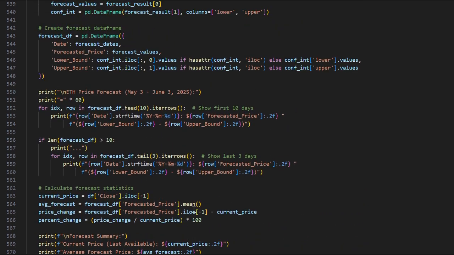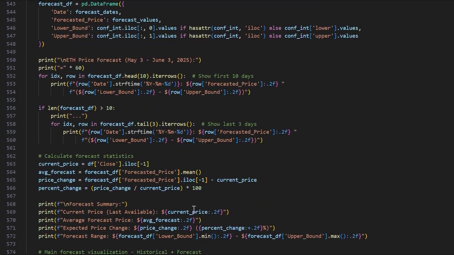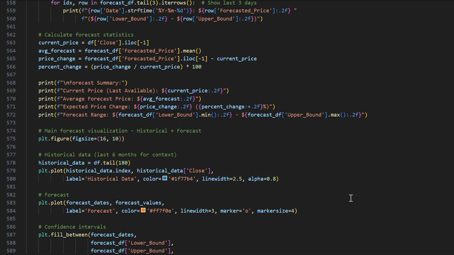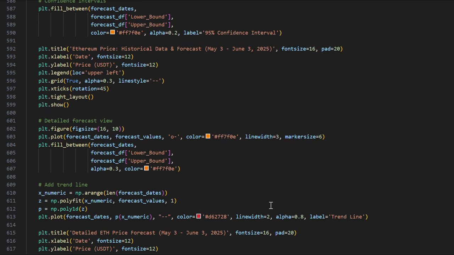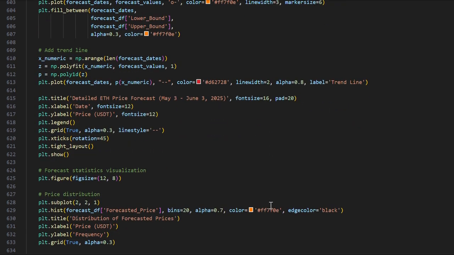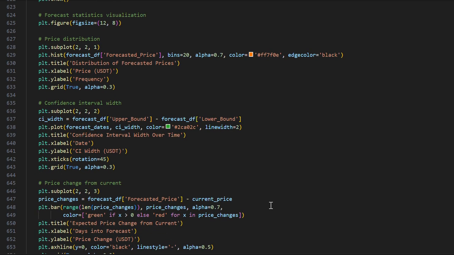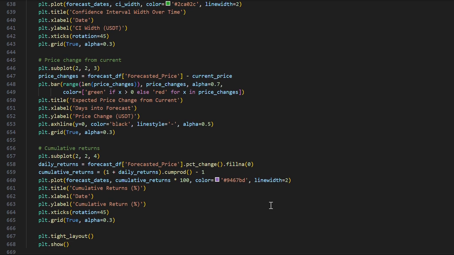And here is the graph code of all these: main forecast visualization and historical data, last 6 months, forecast confidence intervals, detailed forecast view, and trend line. This price distribution, confidence interval with price change from current, cumulative returns,